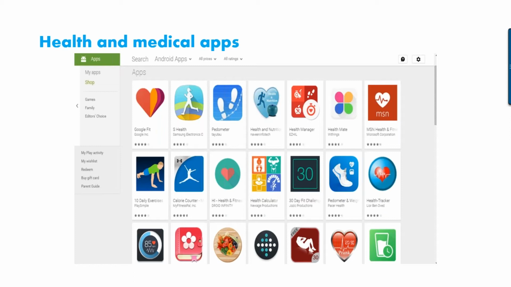There are now over 325,000 health and medical apps available on the two major app stores, Google Play and the Apple App Store. This is an example, a screenshot I took from the Google Play Store when I put in health and medical apps, but they're only a small example of these tens of thousands, or hundreds of thousands actually, health and medical apps that are